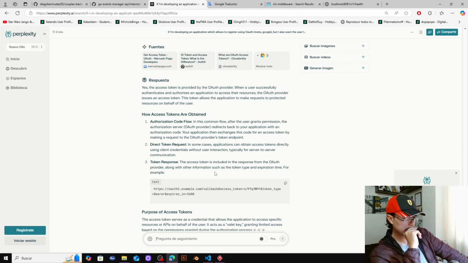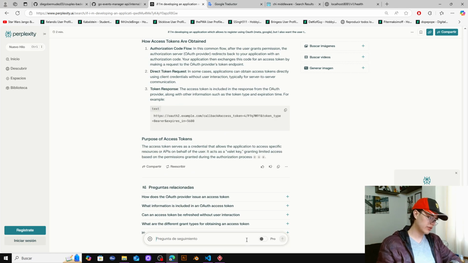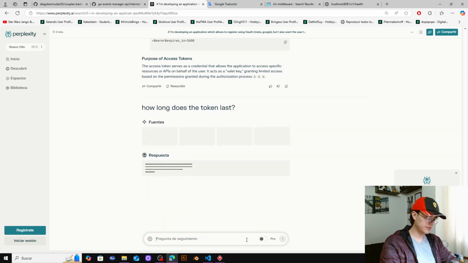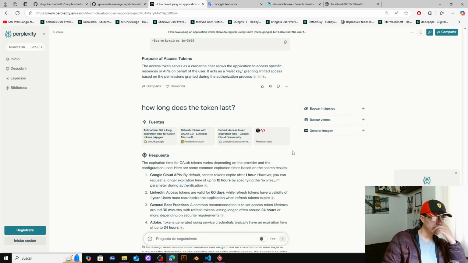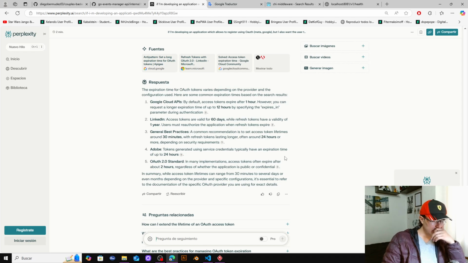In the common flow, the user grants permission. The authorization server redirects back to your application with an authorization code. Your application then exchanges this code for an access token by making a request to the Auth provider's token endpoint. In some cases, applications can obtain the access token directly. How long does the token last? 12 hours, 60 days, 24 hours, but